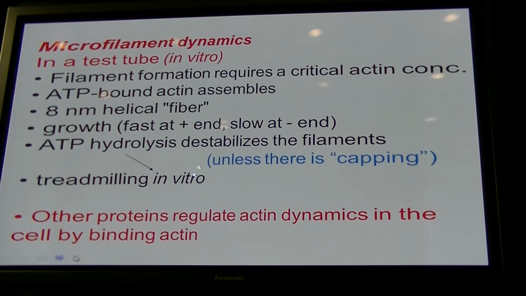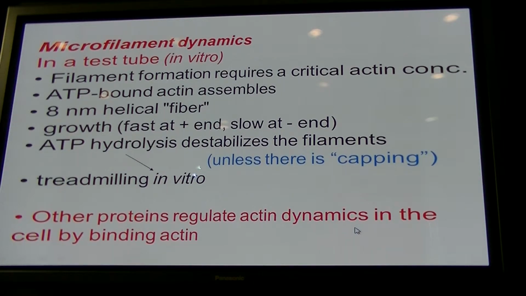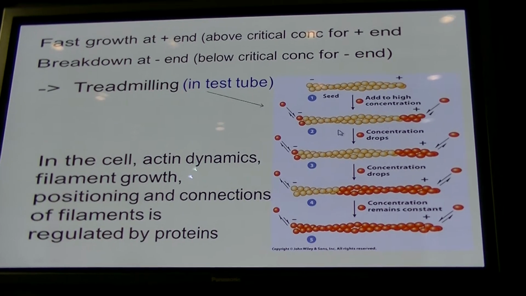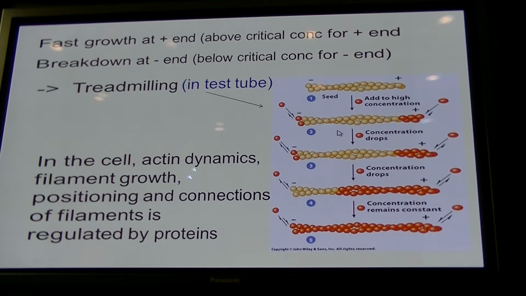Now, in the cell, the idea is that there are many proteins that regulate how the actin assembles and disassembles. You can look at what happens in a test tube. If we have a lot of actin in the ADP form, we just get spontaneous formation of filaments, and you typically get fast growth at the plus end and slow growth at the minus end. If the concentration of free actin drops because it becomes more and more incorporated into filaments, you see that